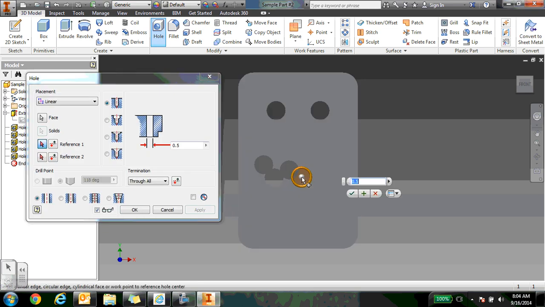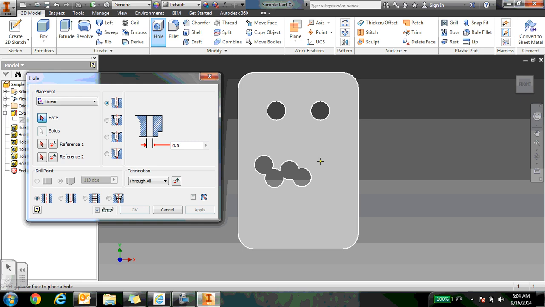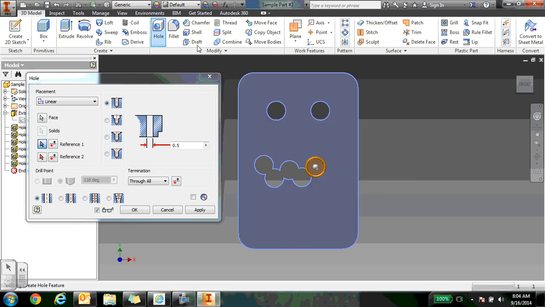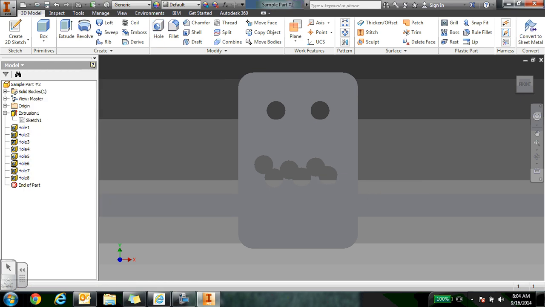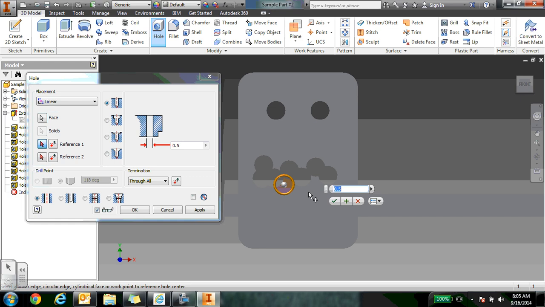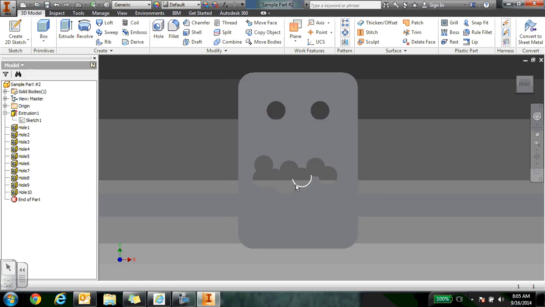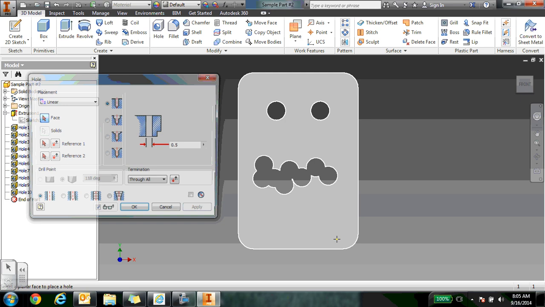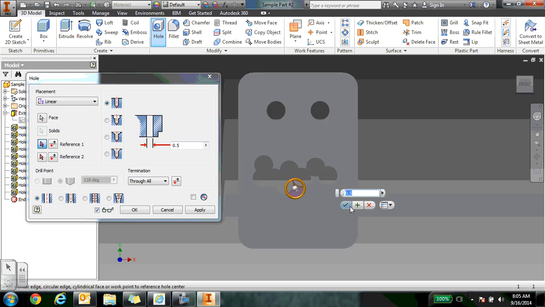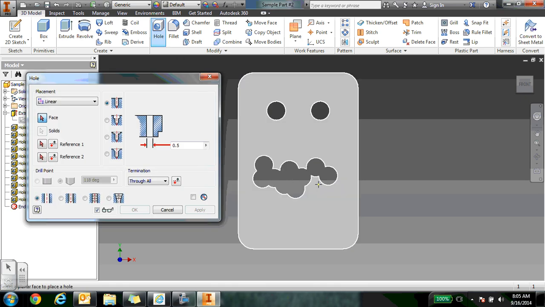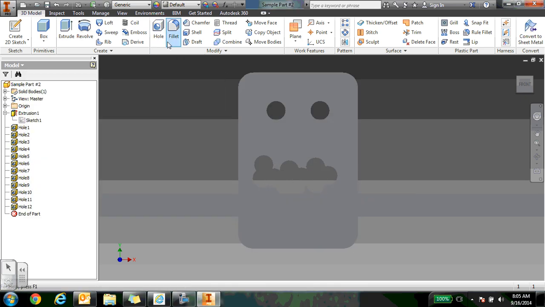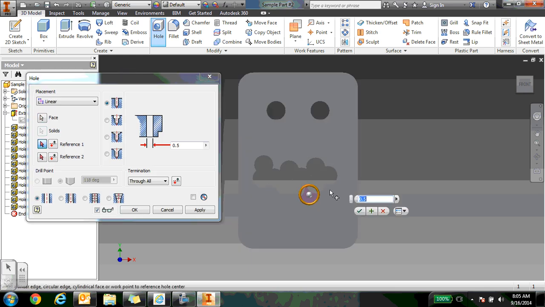It's not quite as much fun, and it's a lot more work, truthfully. But it might be a little bit more simple. So let's keep adding some holes until the mouth looks how we want it to look. There are easier ways to do this, okay? But for now, we're just practicing our hole tool. So let's keep adding holes. Make our mouth a little bit scary. Keep it overlapping so that our mouth becomes